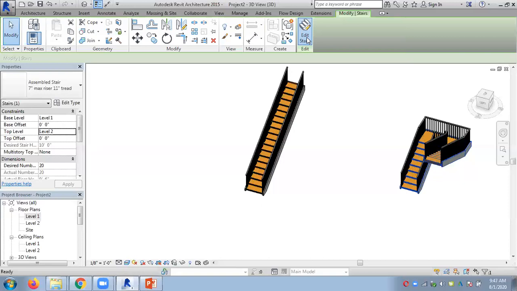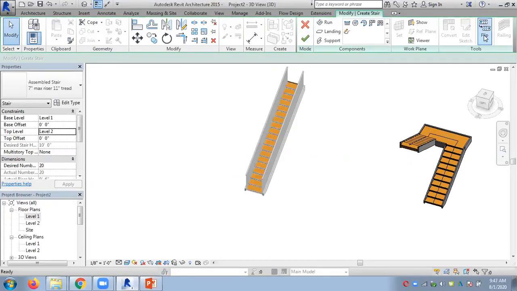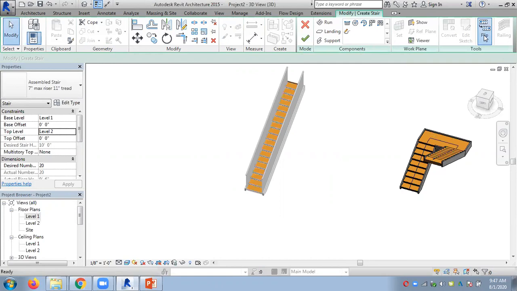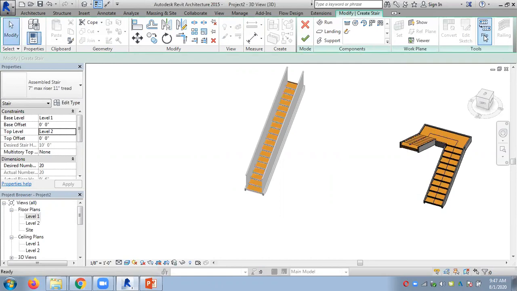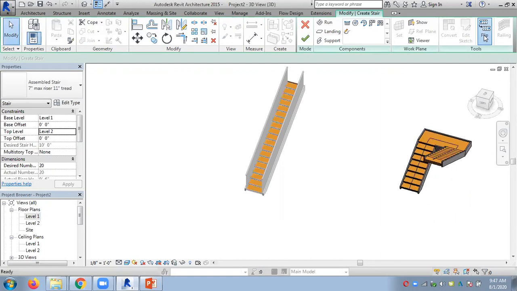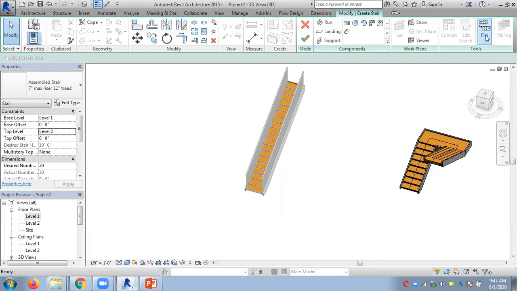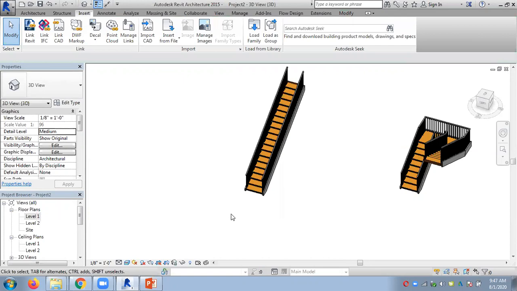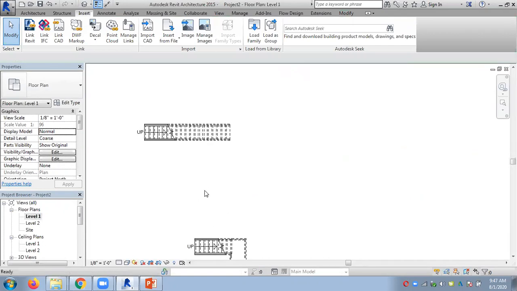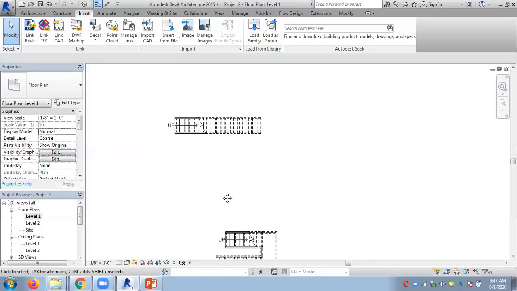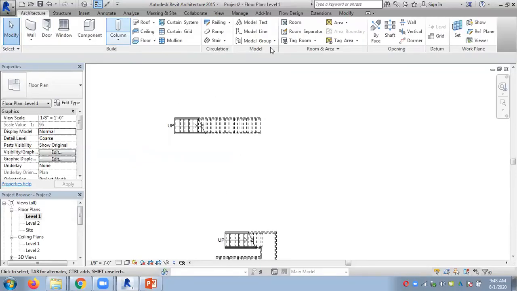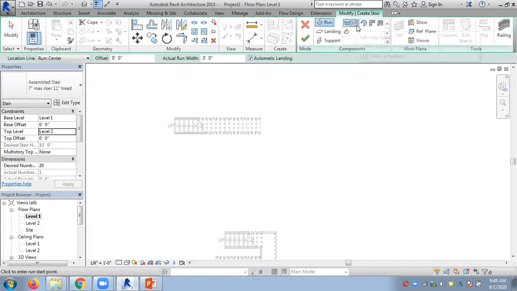And in the edit staircases, you will find this flipping tool. So you can change the entrance and the exit paths by flipping the staircase along the landing. Around the landing, I can change the staircase directions. So we will look at how to draw other kinds of staircases quickly. I don't have much time to go in very deep and teach these things. I will look at the other ones quickly.